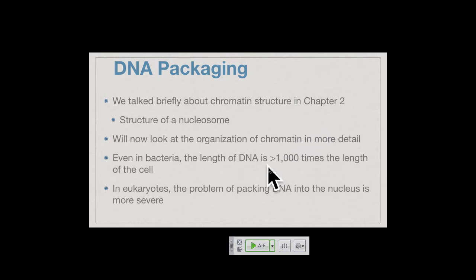In bacteria, it's not that detailed. Basically, you can imagine the genomic DNA, it's a circular genome, forms what we call a nucleoid. In most bacterial cells, it tends to be associated with an inner cell membrane. It's got a little bit of protein associated with it, but not nearly as much as what we see in eukaryotic cells. So again, the main emphasis of this chapter is how do we package this DNA in chromatin, which we find in eukaryotic cells.